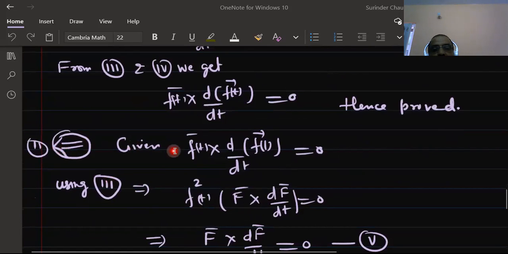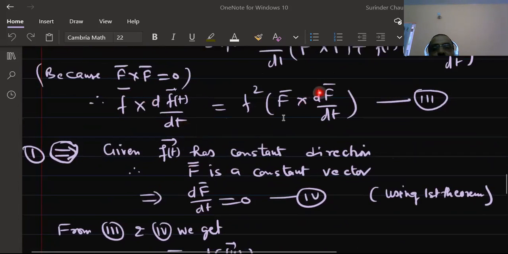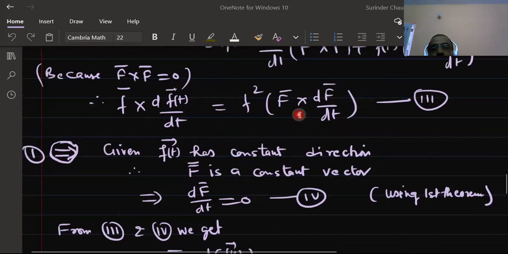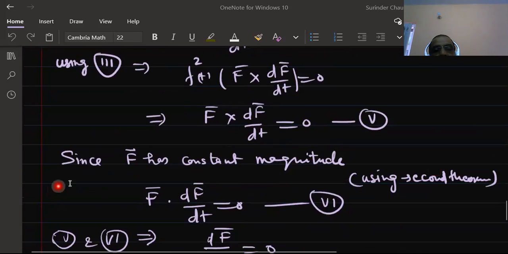Now the sufficient part. Given that f(t) vector cross d/dt of f(t) vector is equal to 0. Using the third equation, we substitute and replace the value. For this to be 0, since the magnitude is a variable quantity, this must be equal to 0, so F vector cross dF vector is equal to 0. Since F has constant magnitude,